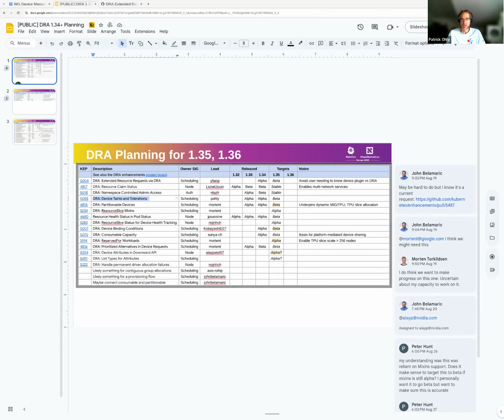I have a KEP update pending for that one, where I'm basically allowing the API to represent taints with more information, including free format raw data in a format that is specified by the vendor, similar to how a network device driver can publish information in a resource claim status.